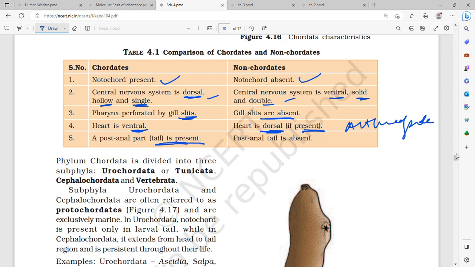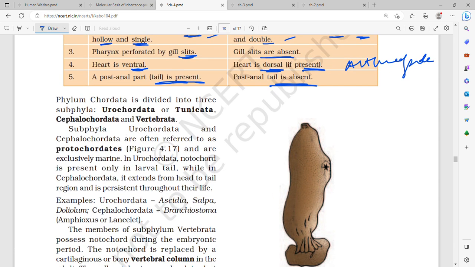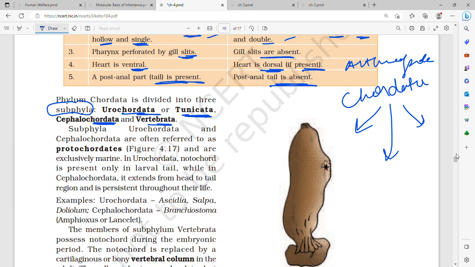Post-anal tail is present in chordates and absent in non-chordates. Phylum Chordata is divided into three subphyla: Urochordata, also called Tunicata, Cephalochordata, and Vertebrata. So Chordata is a phylum, and it is divided into three subphyla: Urochordata,